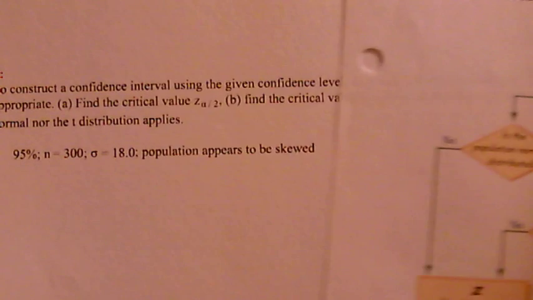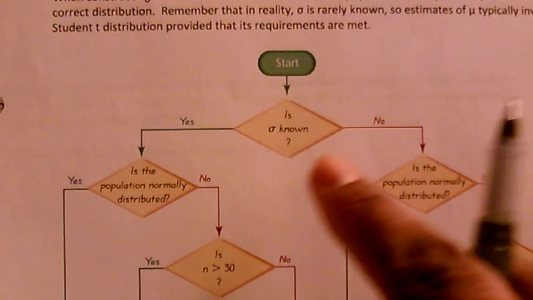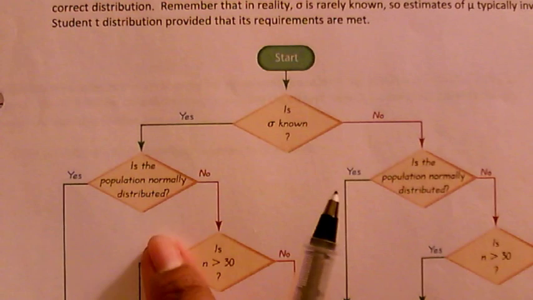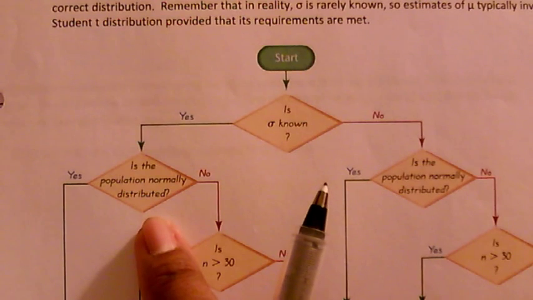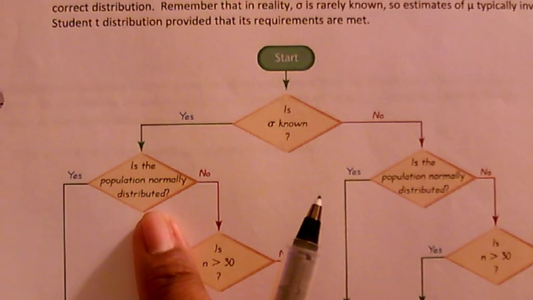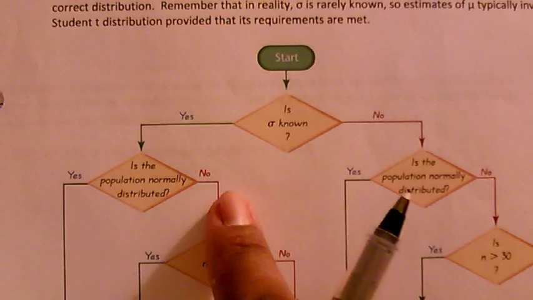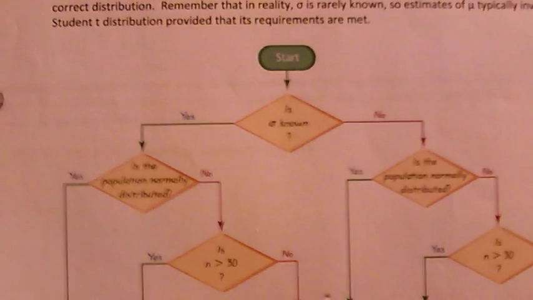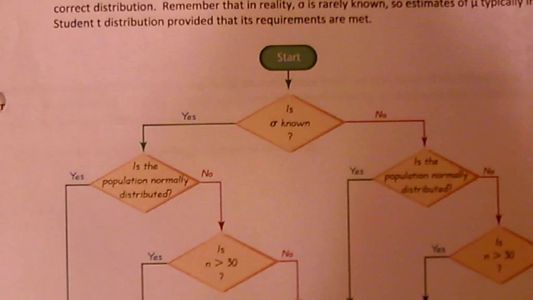In this case, sigma is known, so that's a yes. Is the population normally distributed? In this case, that's no, because it says that it's skewed. Is n bigger than 30? Well, our sample size was 300, so that's a yes,